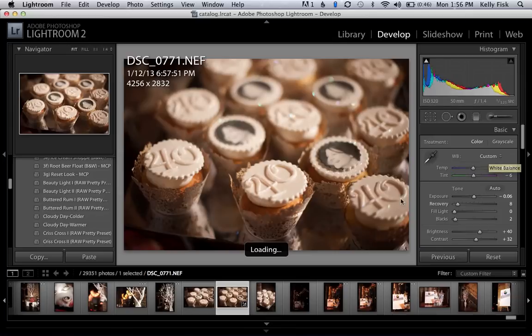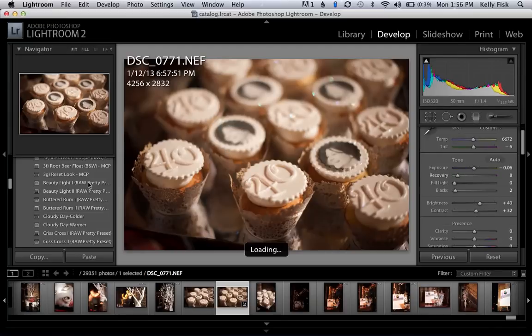This one's pretty good straight out of camera. I went over here, I adjust my exposure, temperature, whatever I want to do to the image. I have some presets over here. I rarely use presets. If I do use them, I use this beauty light one, but indoors I very rarely use presets because it just doesn't work. So let's say I'm wanting to get something online really quick. All I do is simply go up to File, Export,